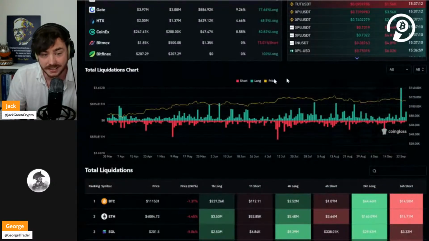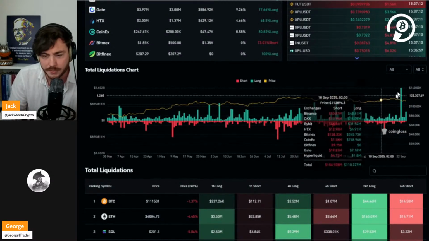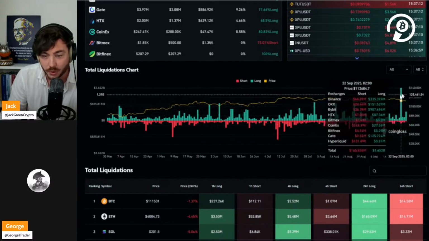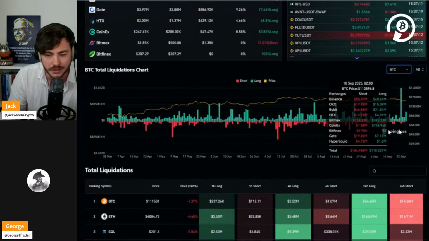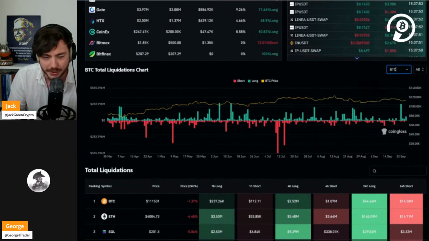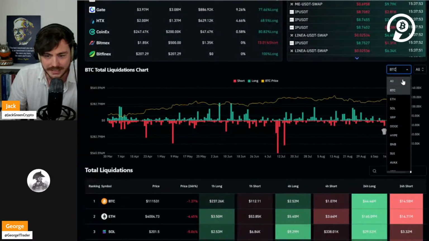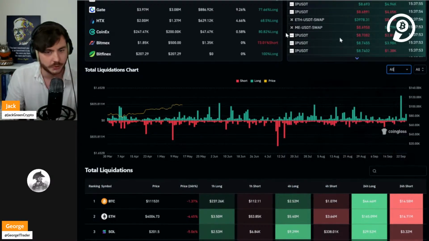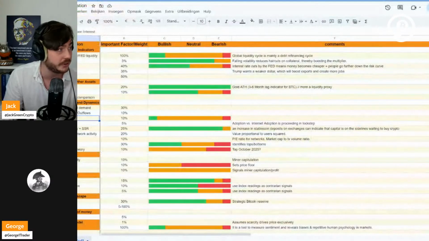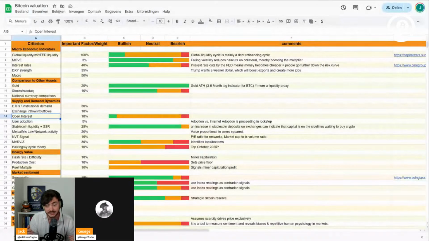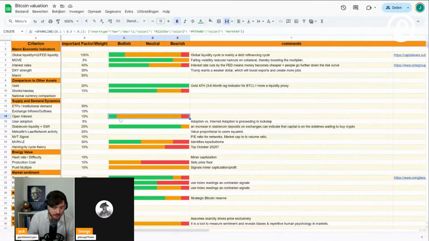So this is a Bitcoin stream, but as you can see here, most of the liquidations were in altcoins, because everyone was thinking alt season will come. If you look at Bitcoin, not that much, but of course we need to look at the whole crypto market together. But yeah, there were more liquidations in the altcoin market. So to me, that's also important. And it's actually very good that we saw this flush. So to me, it's neutral at the moment. It's not that we don't have open interest, but at least we saw the flush and that's good.